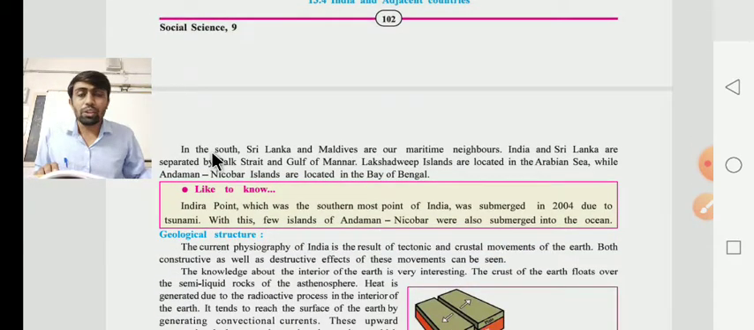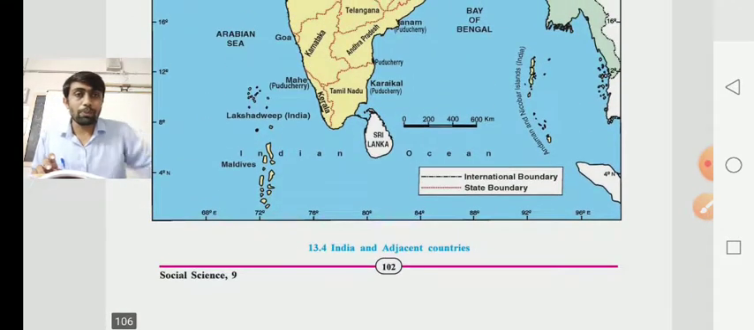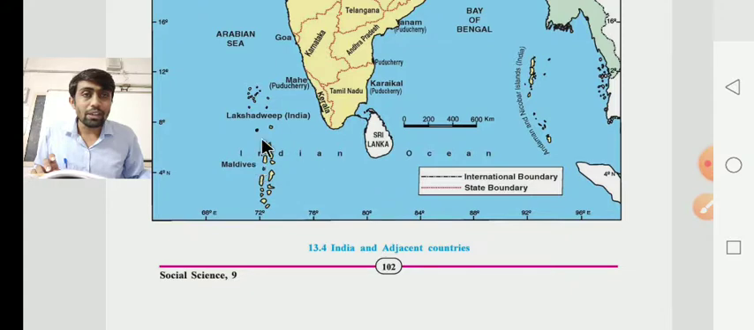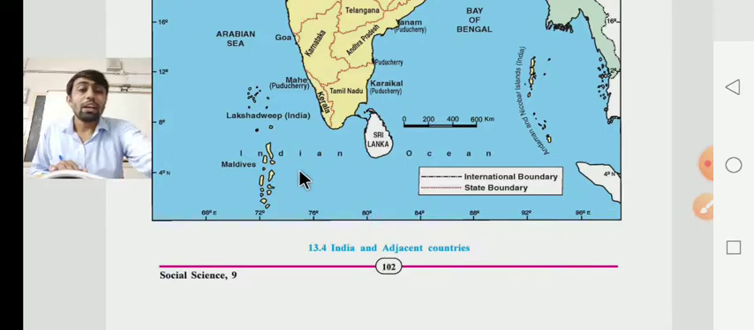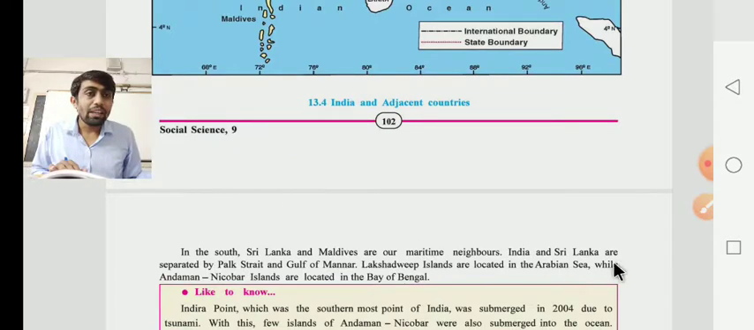In the south direction, if you look at the southern part of India, Sri Lanka and Maldives are our maritime neighbors. Here Sri Lanka is, here the Maldives are. This is our maritime neighbor, meaning across the sea. India and Sri Lanka